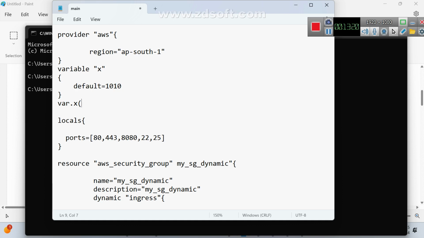For easy understanding, result is equal to var.x. Var.x is holding 1010. In which variable is 1010 available? In the result variable. Is it clear for you?